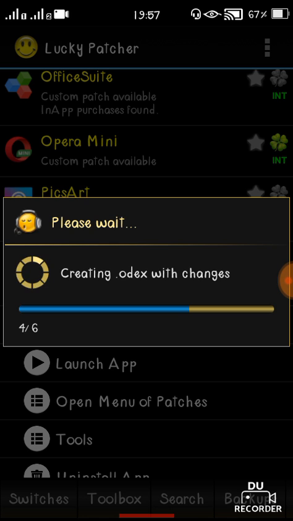As you can see here, it's written creating .odex with changes. This is the last stage of the patching process, so it will be completed any second. Don't worry, it's going to be finished very soon.